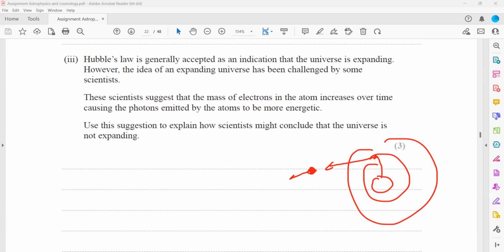With reference to that, use this to explain how scientists might conclude that the universe is not expanding. We conclude the universe is expanding because the wavelength which we receive is longer, so we say that the objects are moving away from each other, but the photon would be,